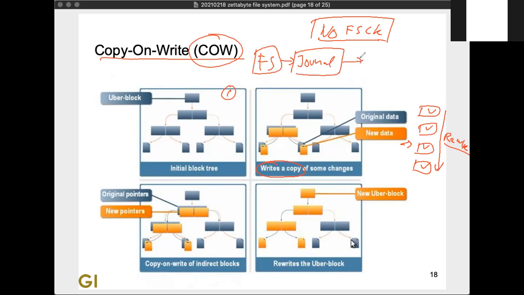Okay, and then with this journal, you do fsck. So fsck is done better if you have a journaling file system. A journal is like: I write this block, then I write the journal, I write the next block, and then I write the journal. And then when your operating system hangs or crashes,